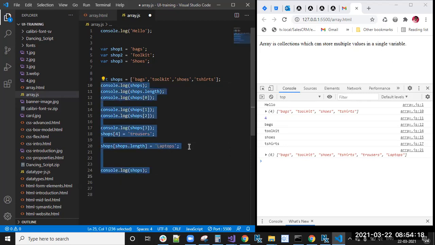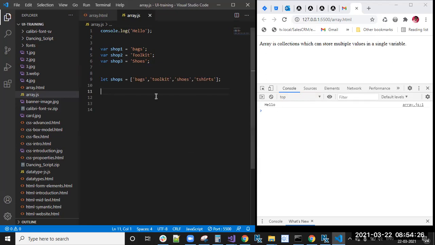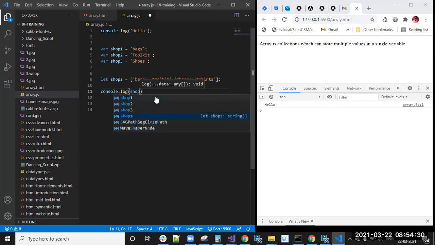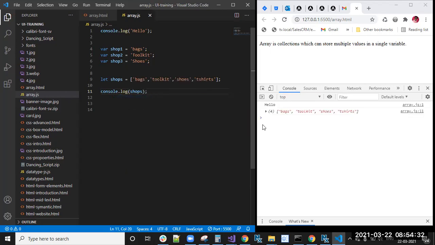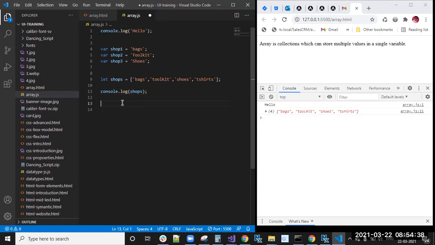I'm removing all of these, you already know those things. Now console.log(shops), then you will get 4 elements.